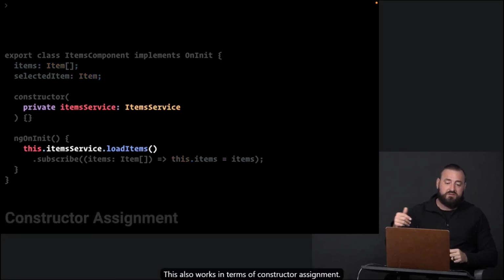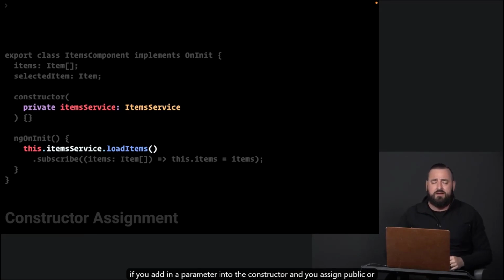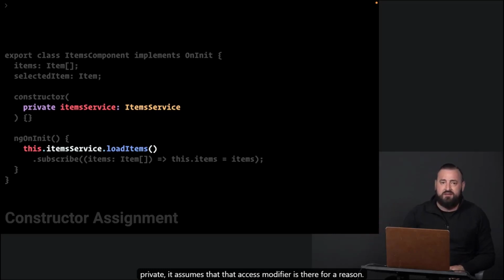This also works in terms of constructor assignment. So you can add it in as a field, or if you add in a parameter into the constructor and you assign public or private, it assumes that that access modifier is there for a reason. And so what it will do under the hood is then say, we have this parameter of items service, it's private, let's go ahead and assign this as a property of the class.